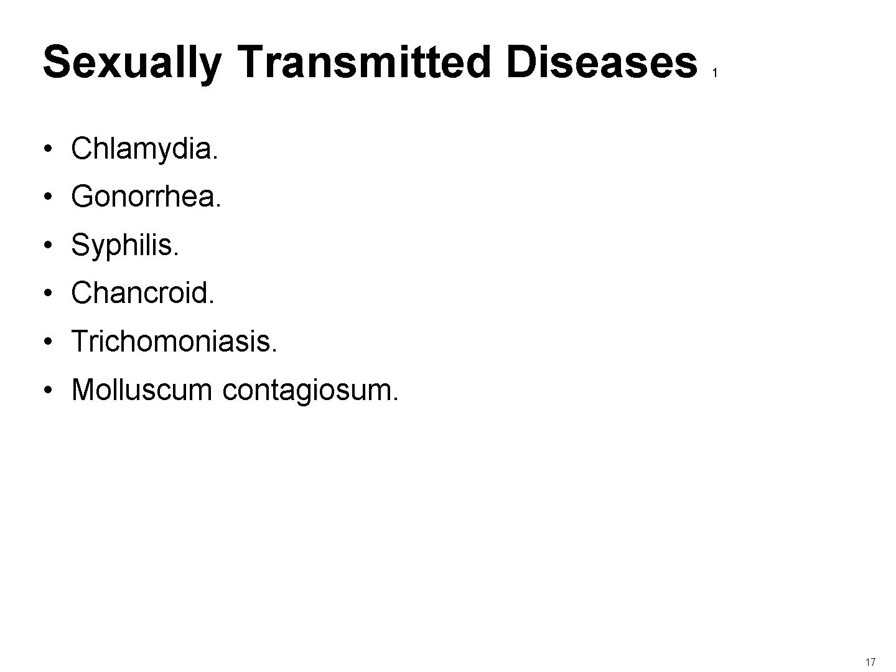Chlamydia is often asymptomatic, making it difficult to detect without testing. It is diagnosed by testing a swab from the cervix in females or the urethra in males. Treated effectively with antibiotics. Gonorrhea is caused by a bacterial infection and may also be asymptomatic. Symptoms can include vaginitis, urethritis, bleeding, and dysuria. It is diagnosed by testing a swab from the affected area and treated with antibiotics.